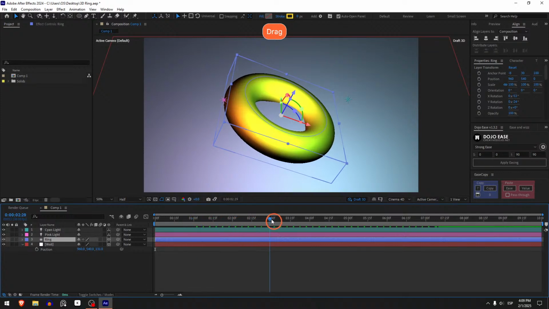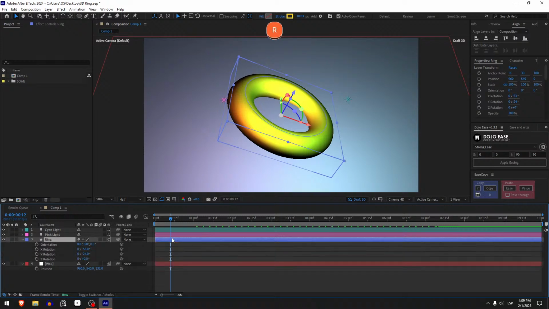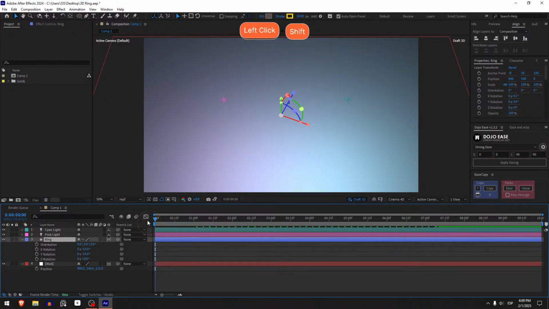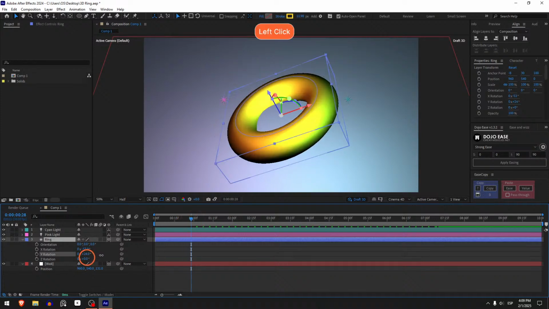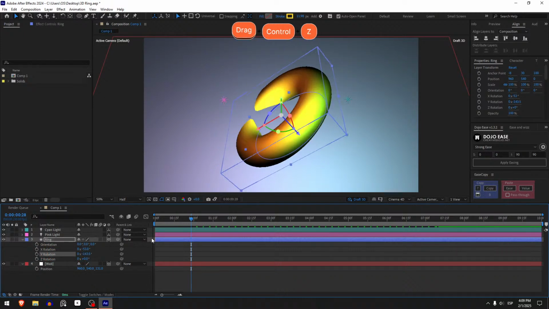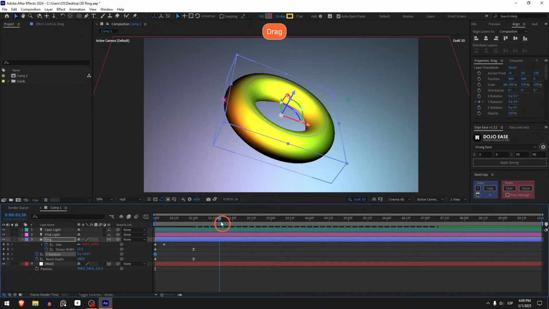And what else? We can animate the rotation. So go here to R. And let me see what's rotation, the Y maybe. Yeah, the Y rotation. So go to the beginning, make a keyframe here, press U to see all the keyframes, and move to the second, here, the second, and select here the grease, and let's increase this,